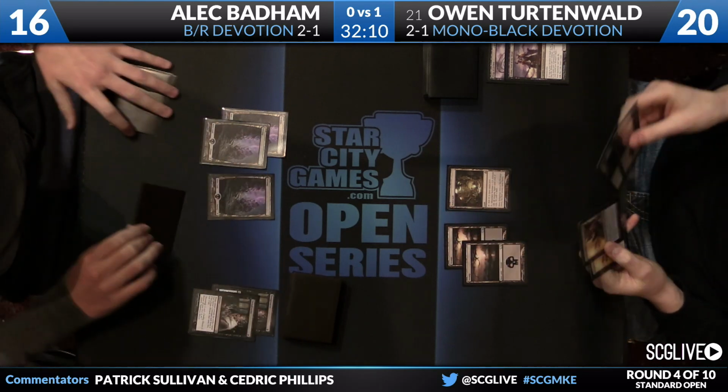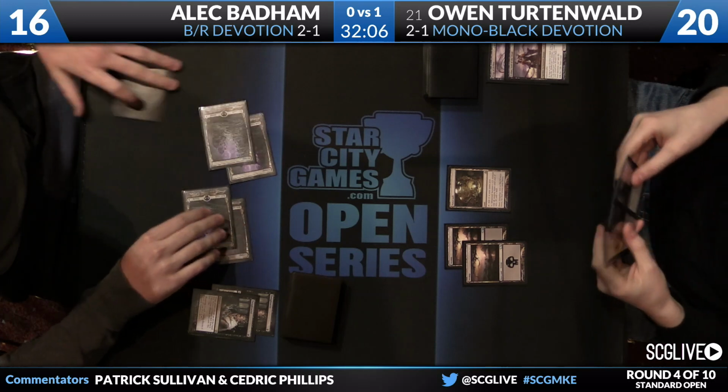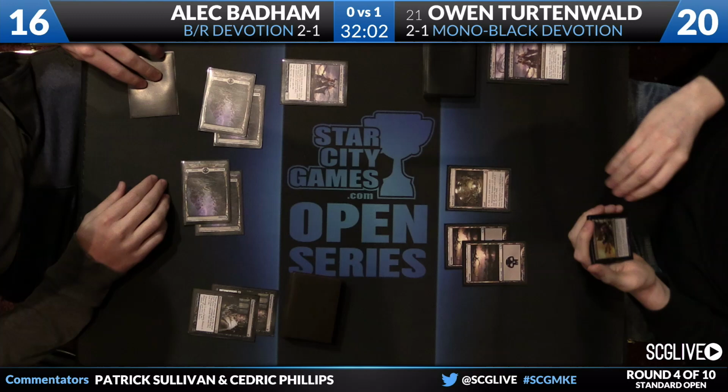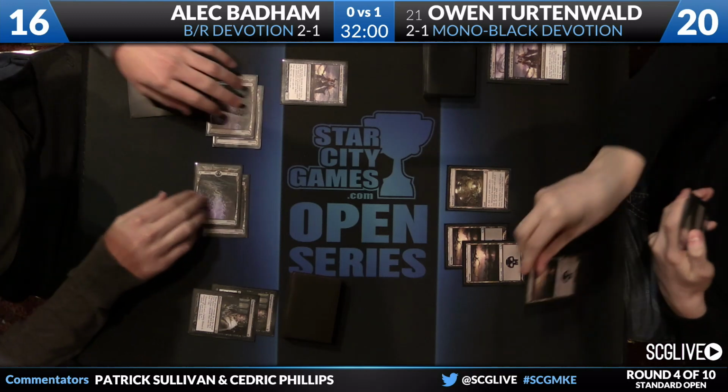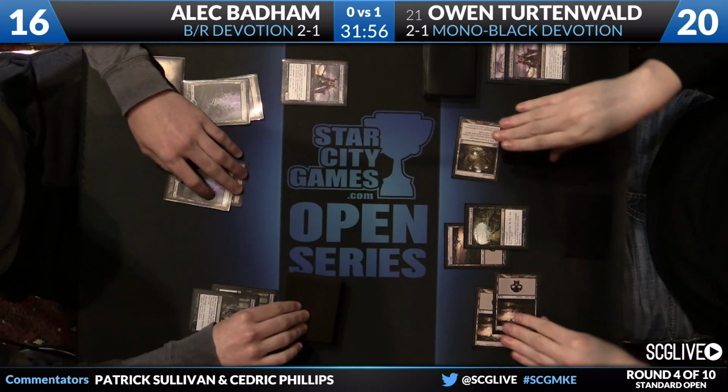Pass the turn back. Can Badham draw the 4th land on time? He does. Wow. We got ourselves a ball game here. There's Erebos. I think we're more than we have a ball game. I think Owen's in trouble. Turtenwald with a big draw there. It's Underworld Connections. He'll play that on a Swamp and pass the turn back over to Badham, who will